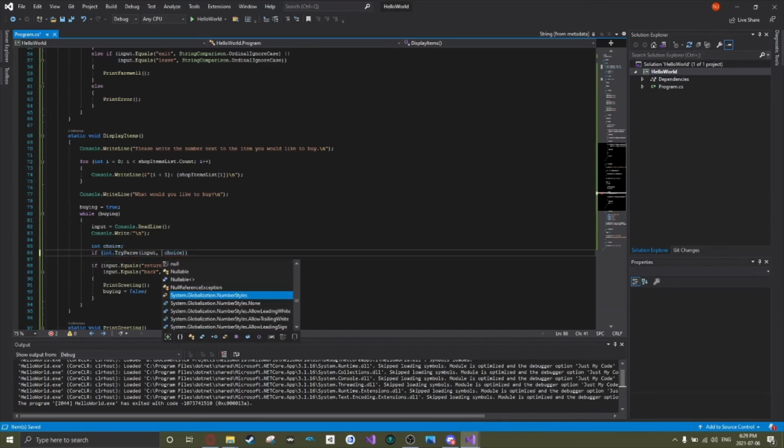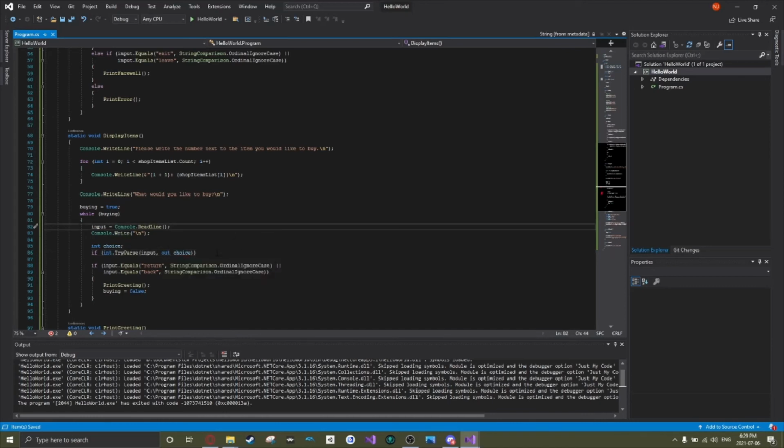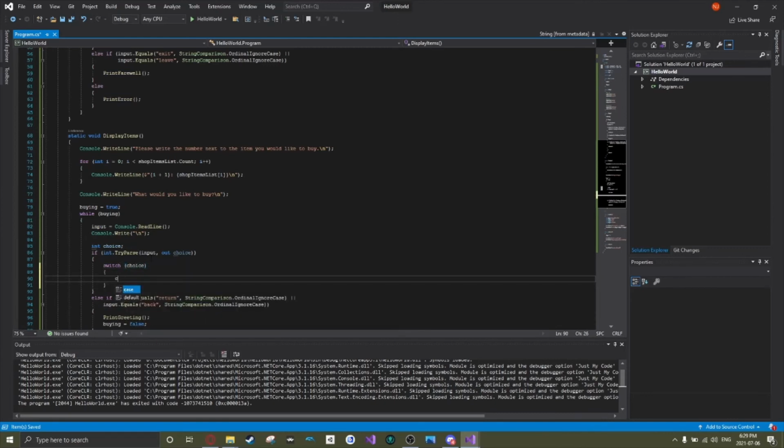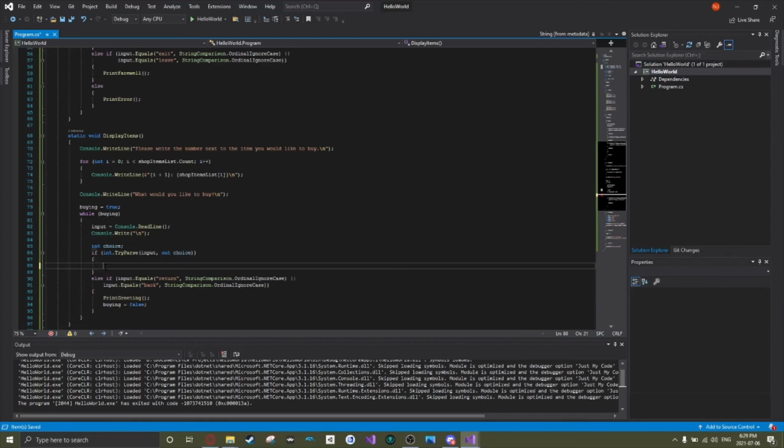Oh, sorry, we have to add out choice, and then we go in here, we add else, and so now we can use this thing called a switch statement. So switch choice, and then case, or wait, no, sorry, not switch choice. What we can do specifically is, now that we have the int for the choice, so if it's a 1,